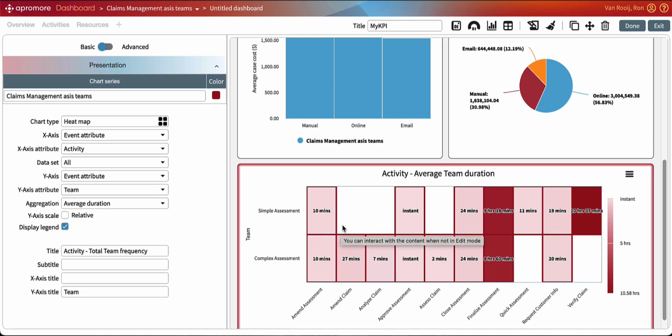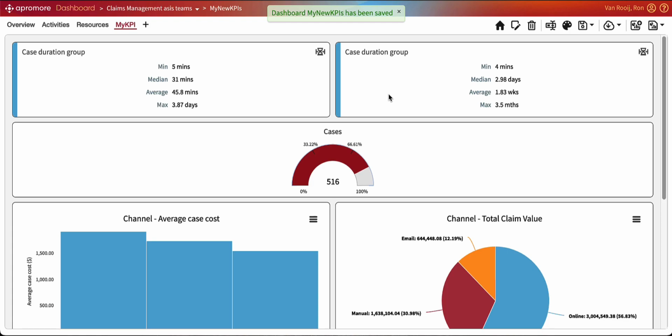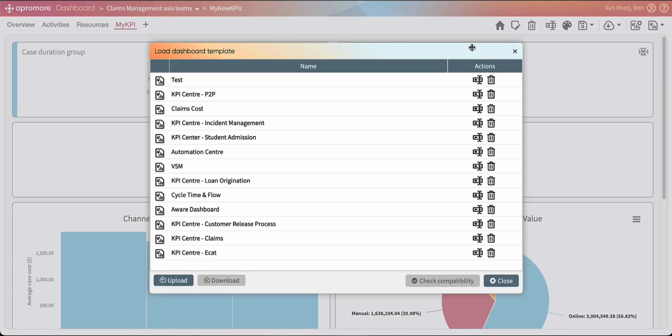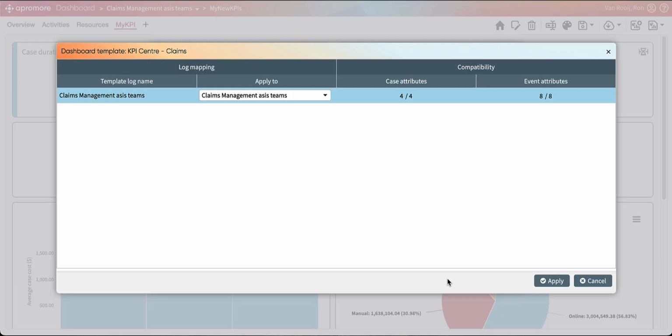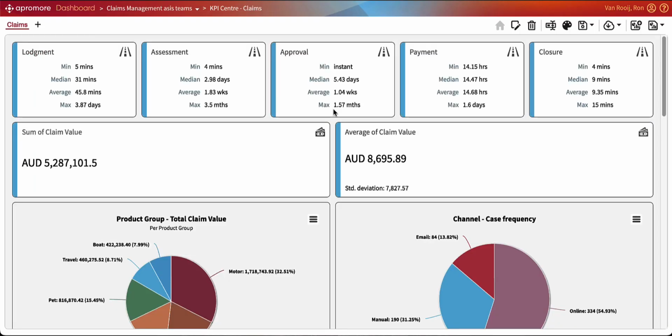As you can see, there's a lot of different widgets that we can use, and there's a lot of different ways we can bring back the results from our investigation to the business. Once I'm finished here, I click done and I can save this as a new dashboard. The last thing that we can add is once we save the dashboards, we can save them as templates. And when these templates are saved, we can load them back up on the log file. So I can go to the KPI Center Claims, which is an out-of-the-box dashboard that we provide to our end customers. I check compatibility, I apply, say no, and the out-of-the-box dashboard for claims will pop up and will show